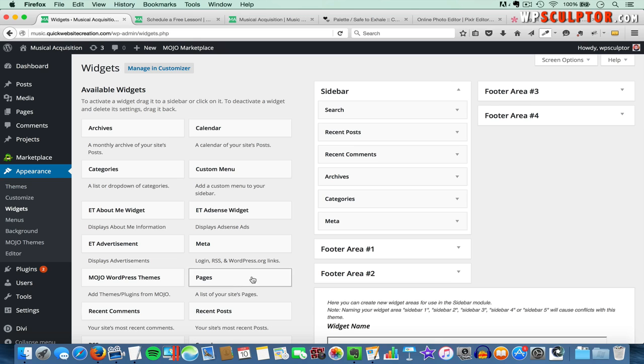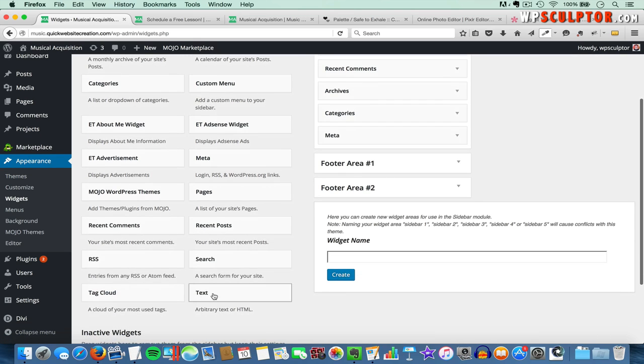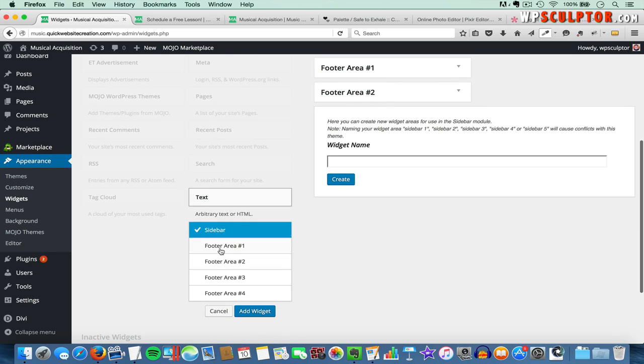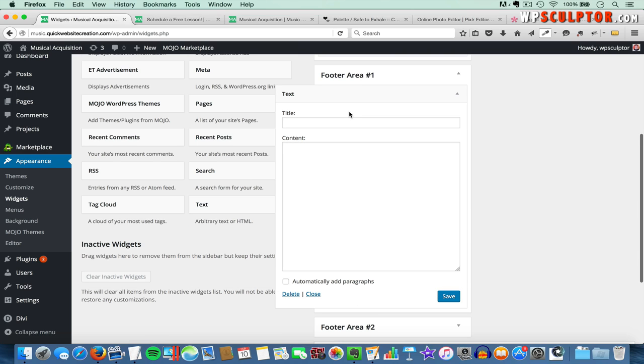So to add the text widget, we'll scroll down on the left to find it. And I've got it right here. I'll click on that. And then I can scroll down and assign it to the widget area. And I want it assigned to footer area number 1. So I'll select that and click on Add Widget. And that's going to add the widget to footer area number 1, and it's going to bring up the widget